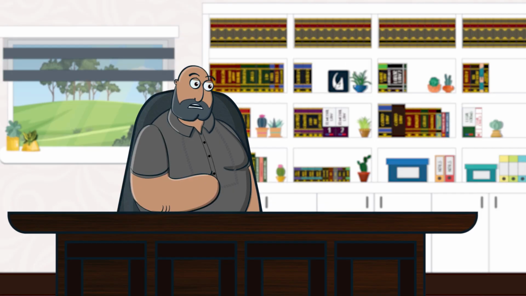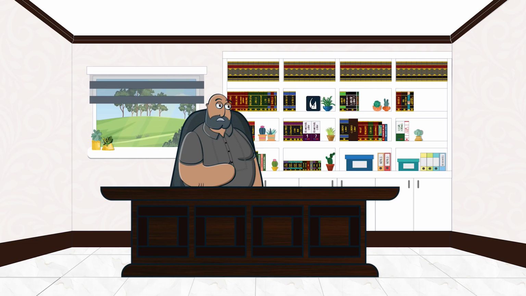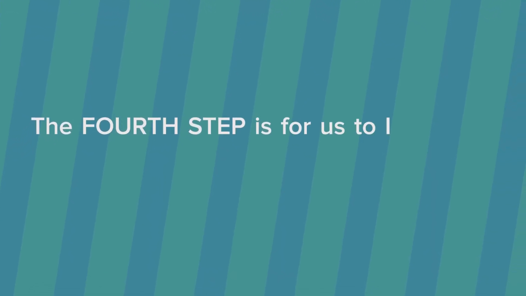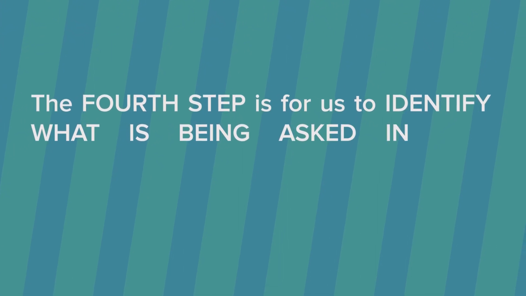7610. Ibig sabihin kapatid, kung hindi mo na alam kung ano ang ikakaso o saan papasok ang nagawa ng akusado, pero sigurado kang meron namang child abuse na nangyari dahil mga bata ang mga biktima, ay sa Section 10A ang ating punta. The fourth step is for us to identify what is being asked in this problem.